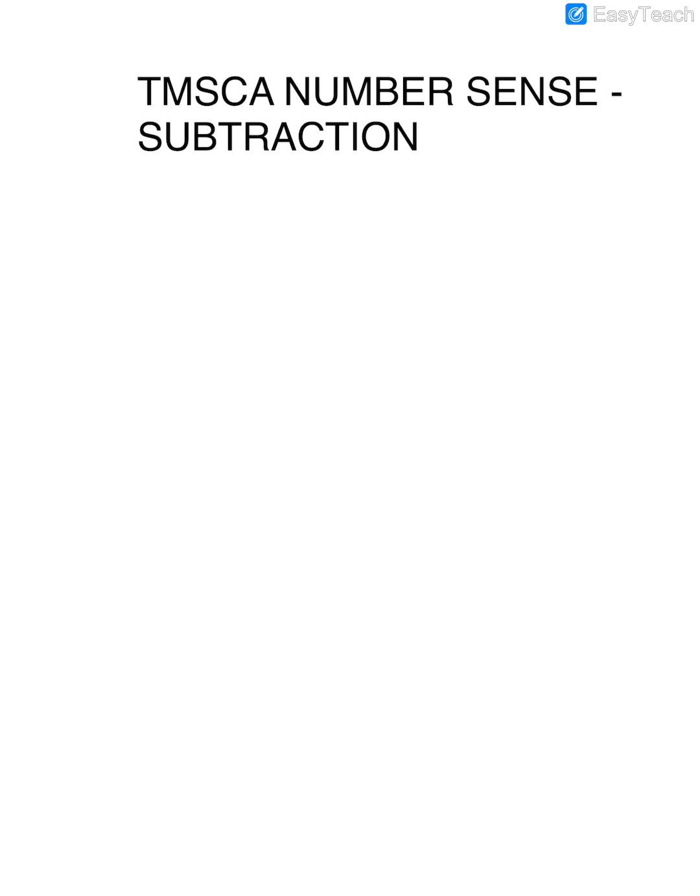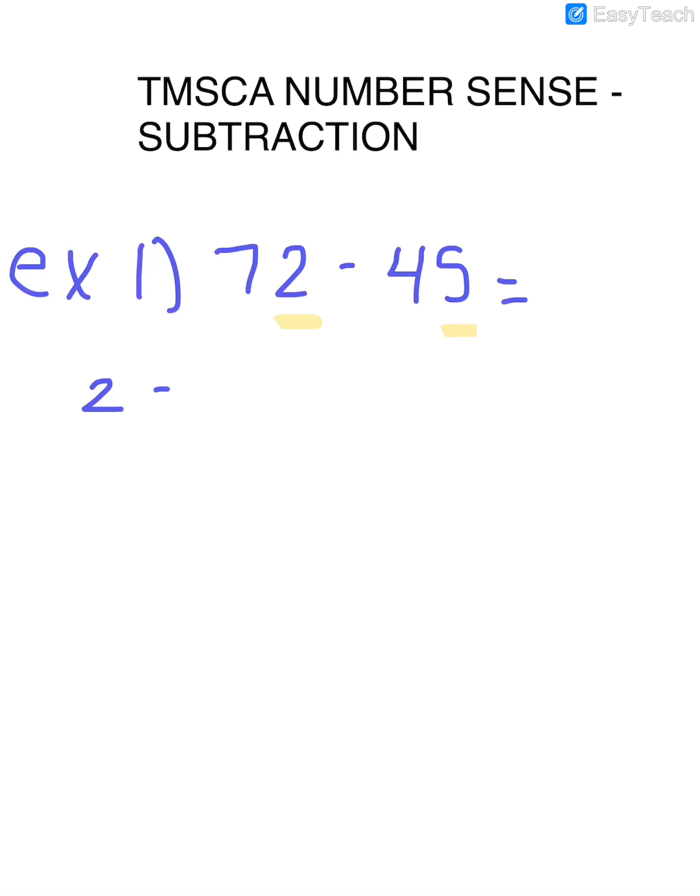So I'm just going to dive right into it with the first example. I'm going to do 72 minus 45. So really what we're doing is we're subtracting from right to left. And since the first subtraction is, it's just like addition, we're going to take the numbers in the ones place first. So since the first subtraction is 2 minus 5, we obviously can't do that because we don't want a negative number. So we're going to